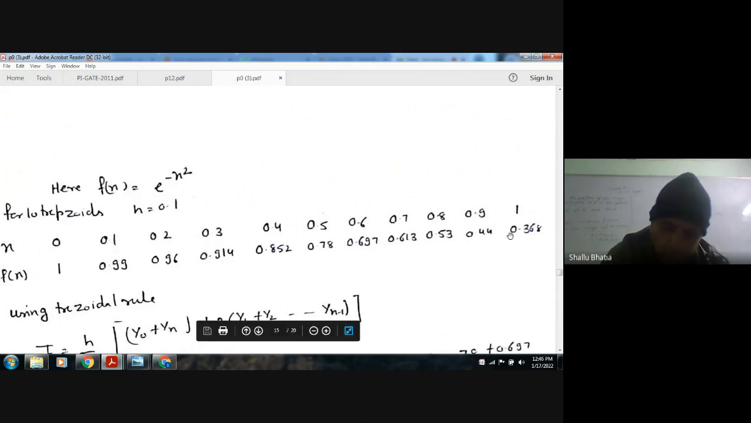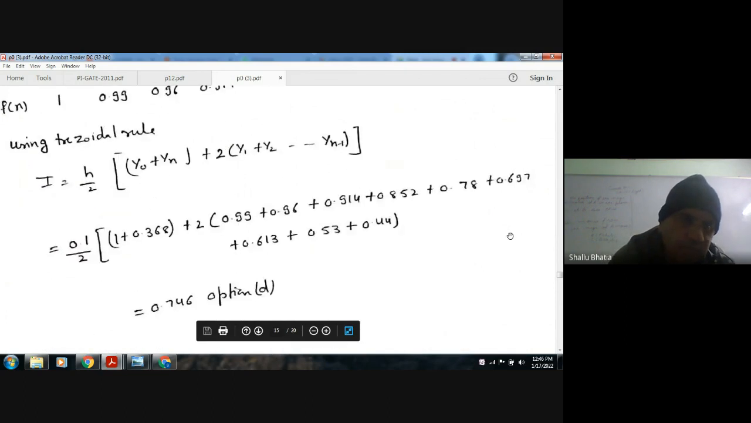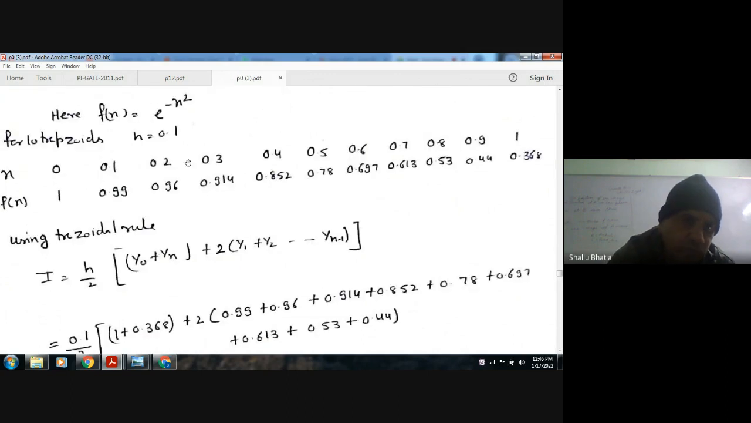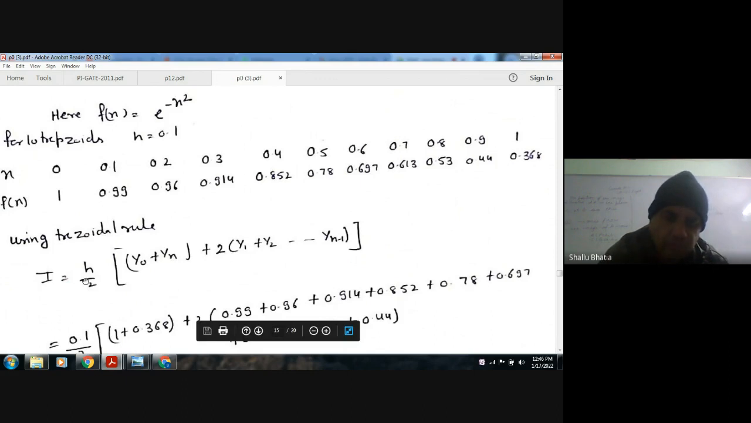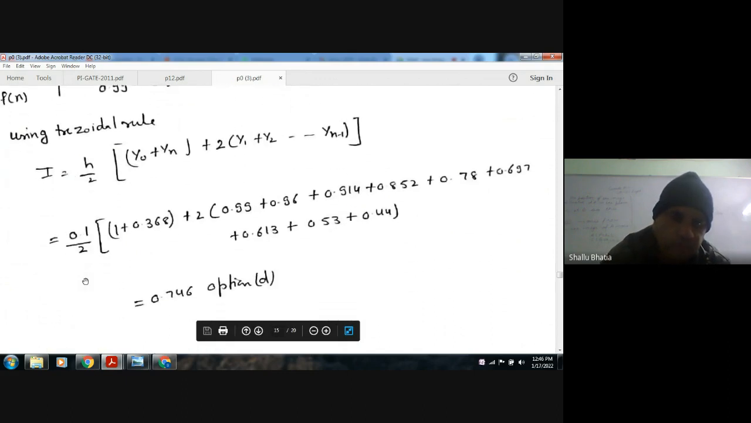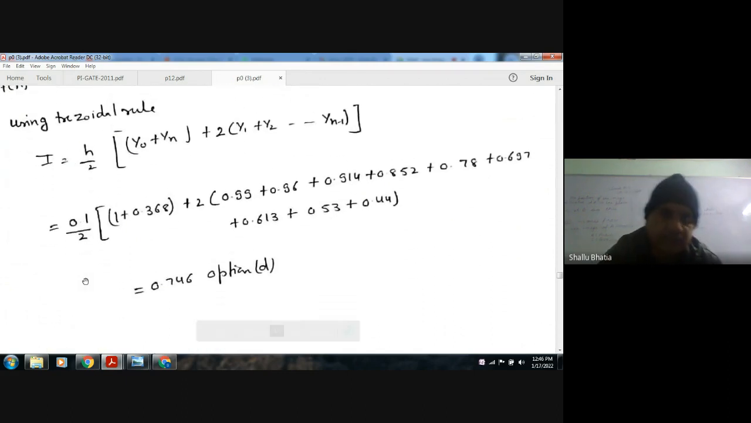Now, according to the trapezoidal rule, the integration is h by 2 times [y0 plus yn plus 2 times (y1 plus y2 up to y n minus 1)]. Here y0 is 1 and yn is 0.368, and y1, y2, y3, y4 are these values. Putting these in, with h as 0.1, we get the answer 0.746. So the answer is